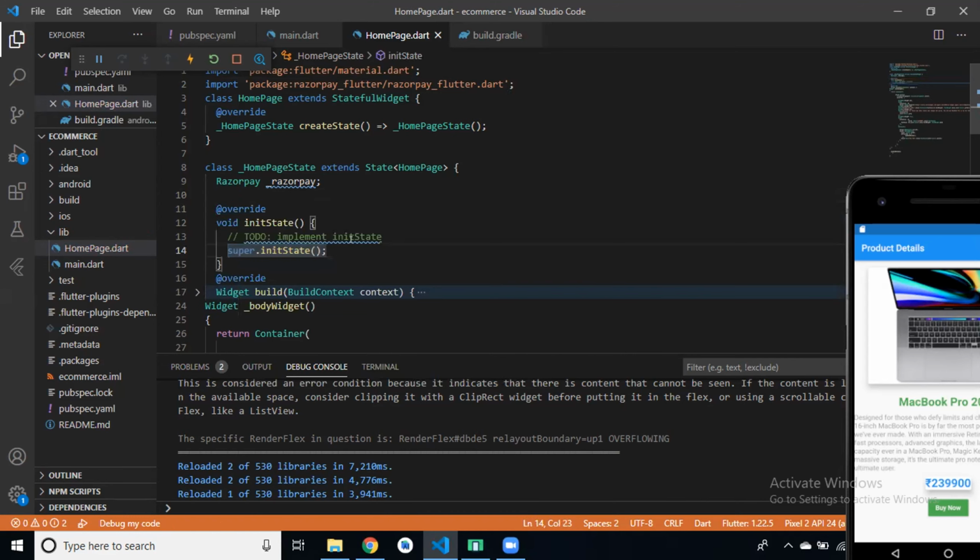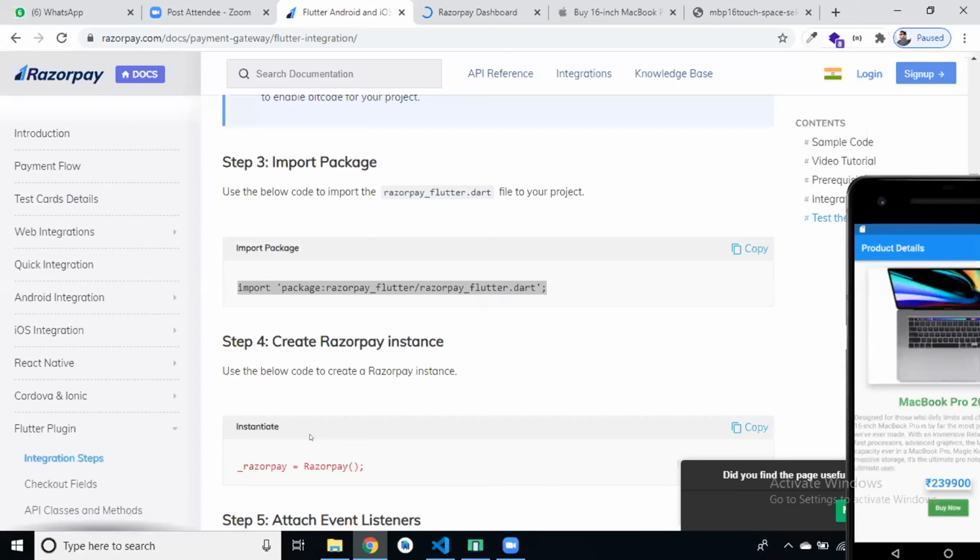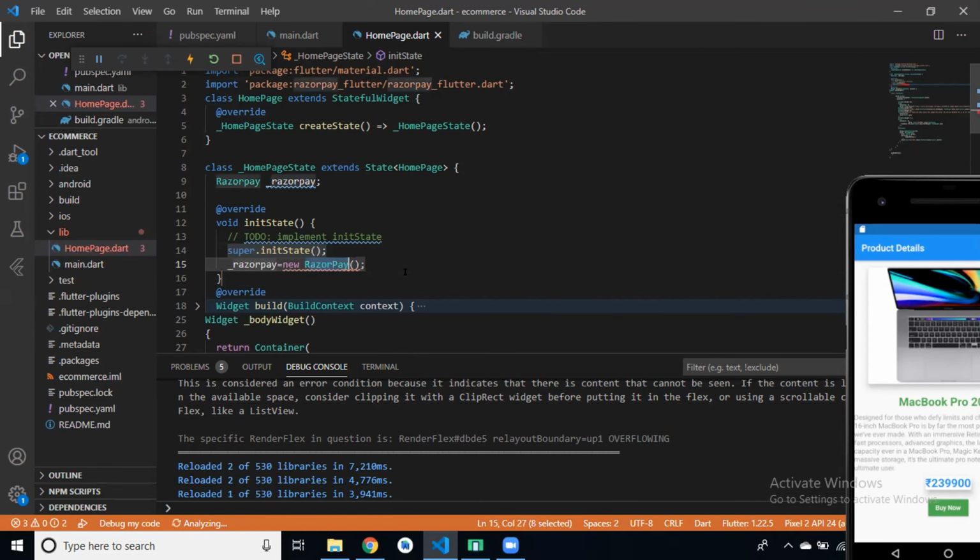So first, Razorpay is equal to new Razorpay, new is optional, right?